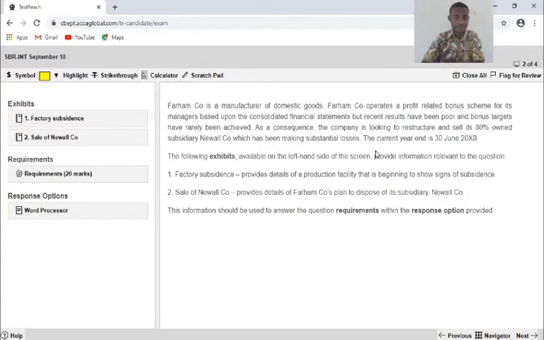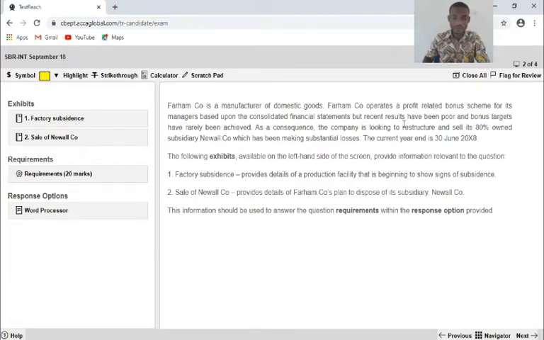Let me read the introduction to the question. Now it says that Fahamco is a manufacturer of domestic goods. So that's their business. Fahamco operates a profit-related bonus scheme for its managers based upon the consolidated financial statement.